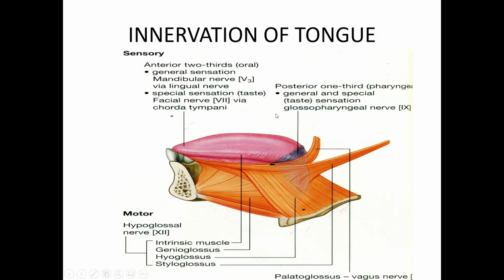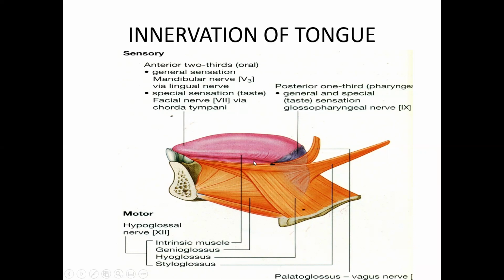While for the sensory innervation of the tongue, the anterior 1/3 of the tongue is supplied by the lingual nerve. The special sensation, the special afferents, are carried by the chorda tympani. So the papillae are supplied by the chorda tympani. The taste buds are carried through the chorda tympani, which is a branch of the facial nerve. And the sensory innervation of the oral cavity, mucosa and gingiva comes from the mandibular nerve through the lingual nerve.